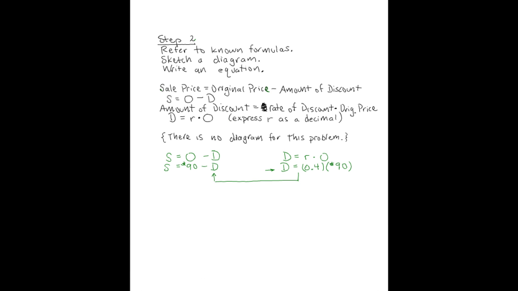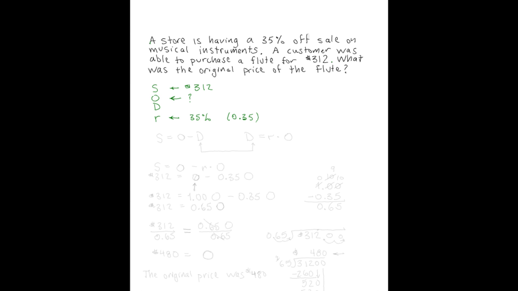They were the sale price equals the original price minus the amount of discount, or in variable form, S equals O minus D, and the amount of discount equals the rate of discount times the original price, or in variables, D equals R times O. So let's go back to our problem here and write those down, because those are going to be very useful to us. So we have that S is equal to O minus D, and we have that D is equal